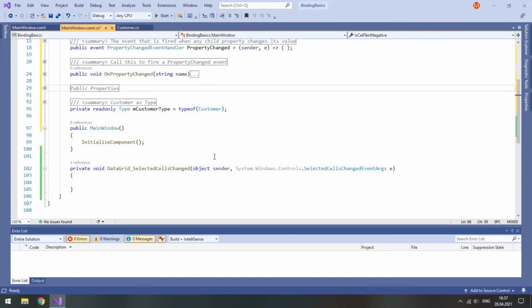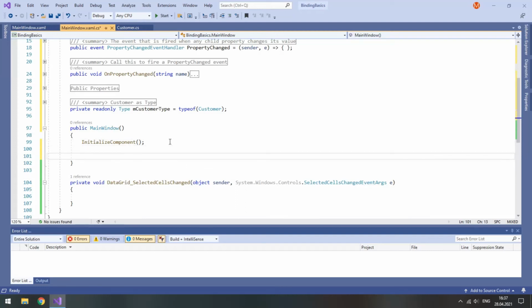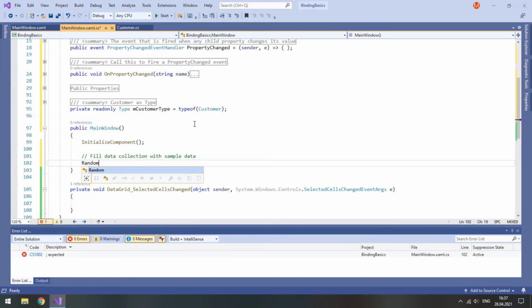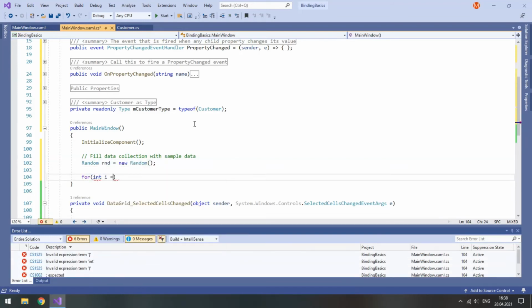Now let's fill data collection with sample data. I just customers observable collection, and I will do it in a loop. So fill data collection with sample data. I will use a random class called rnd equals new random, and I will create a loop int I equals 0, I is less than 5, and I++. It means that we will have 5 items.